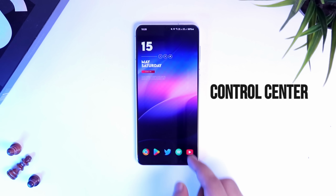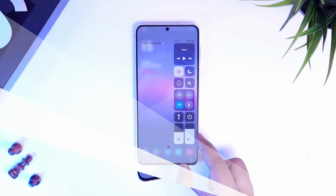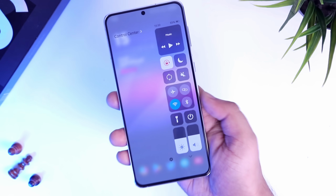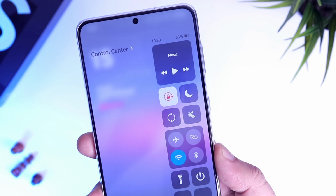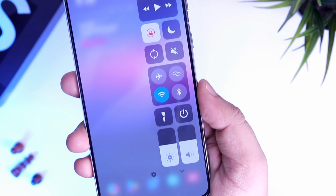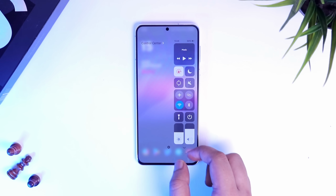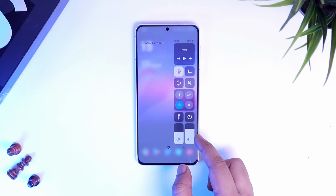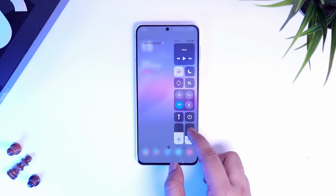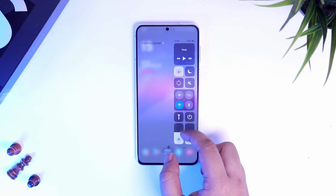Next up, we have an app which goes by the name Control Center. If you are using Edge panels on your Galaxy device, then it's going to be super useful for you. Basically, it's an extension that adds an iOS-like Control Center on the Edge panel that we get in Samsung phones. If I swipe from the edges of my screen, I get this beautiful looking Control Center where I can access all my quick settings. For example, I can adjust the brightness, increase the volume, turn on the torchlight, switch off